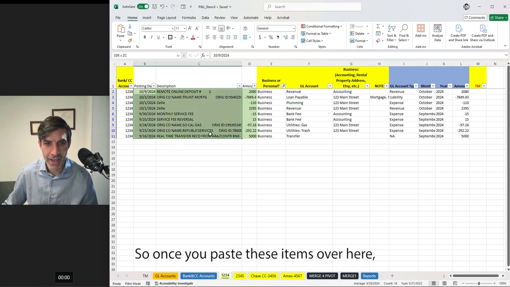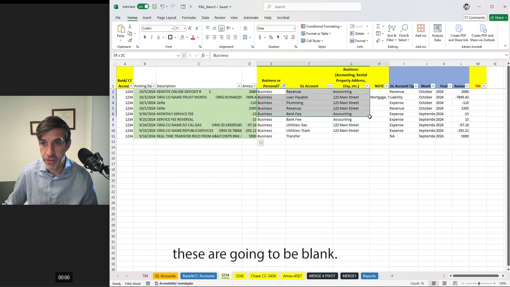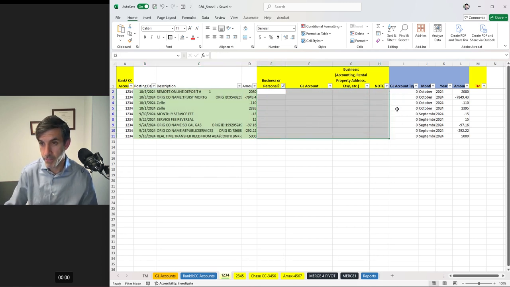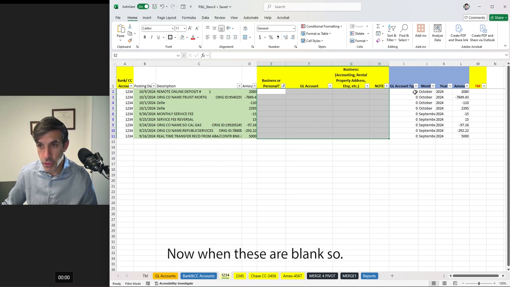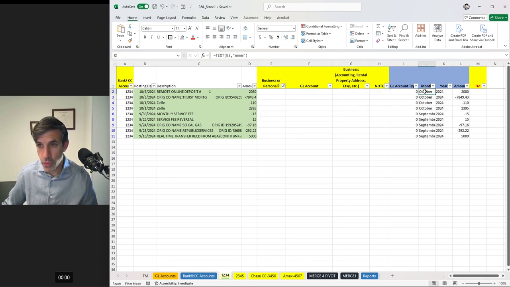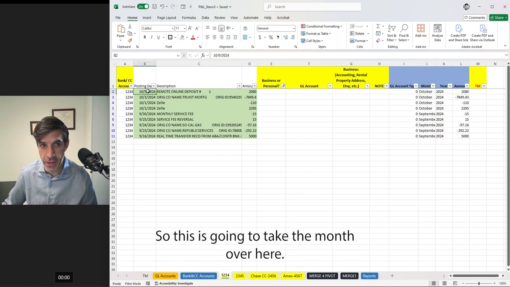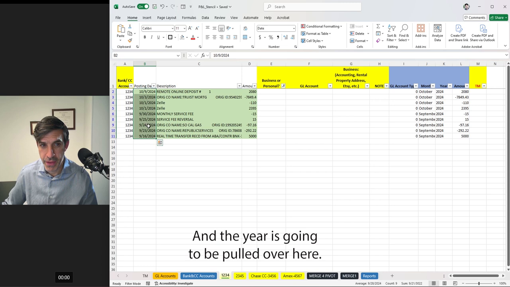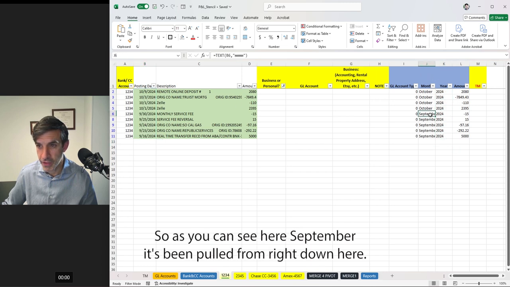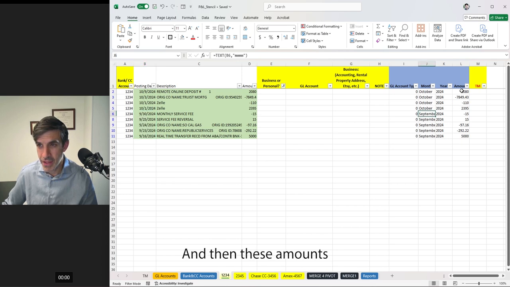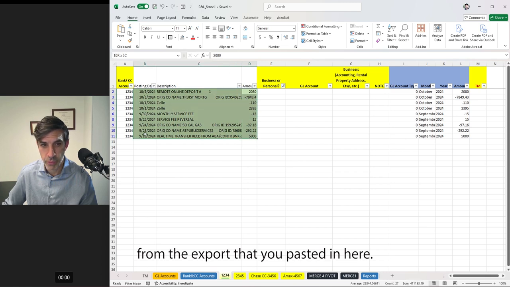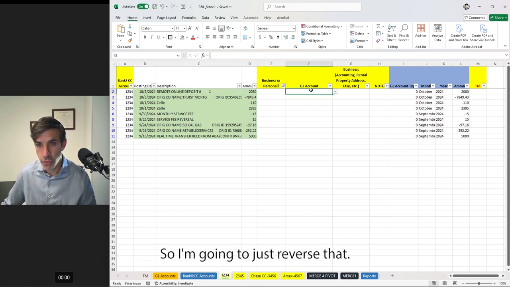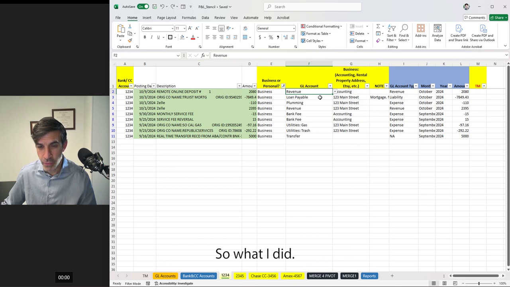So once you paste these items over here, these are going to be blank. Now when these are blank, these right here are formula based. So this is going to take the month over here and the year is going to be pulled over here. So as you can see, here's September. It's being pulled from right down here. And then these amounts are being taken directly from the export that you pasted in here. So I'm going to just reverse that. So what I did,